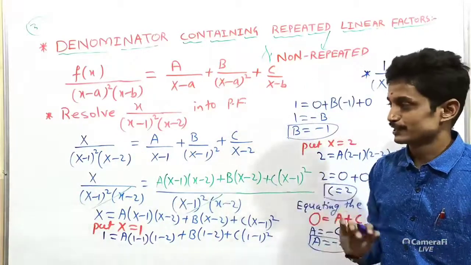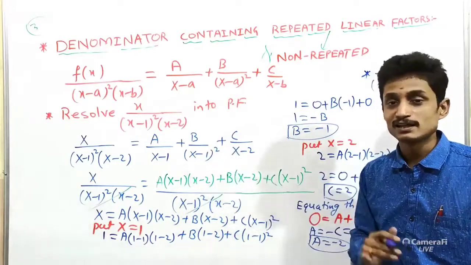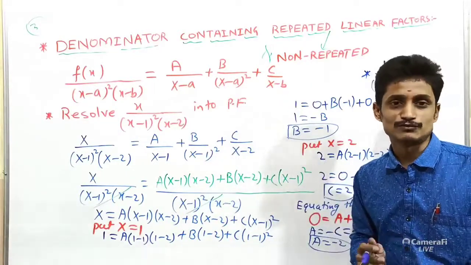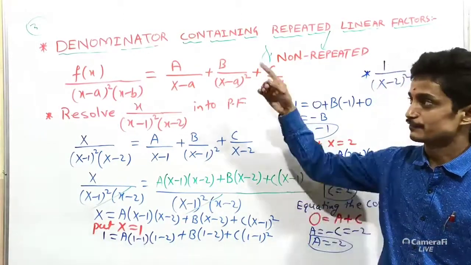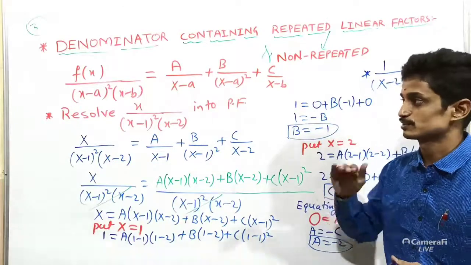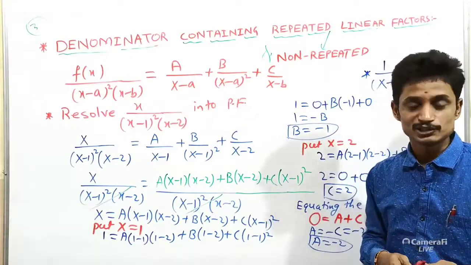Okay, just focus on this one problem. In the next class one more example I will take. After that I will move to another form. Lastly we have two types. Already we have done three types. After two more types this partial fraction concept will be complete. Later we will go to the objective type questions.